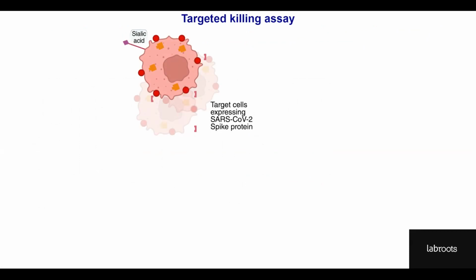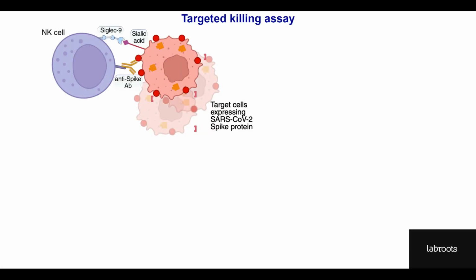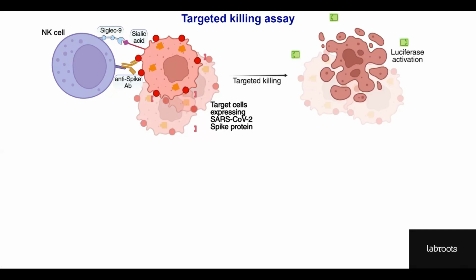But the next question is whether degranulation is actually equal to lysing the cells. So we use this target killing assay where we have target cells expressing SARS-CoV-2 spike protein. These cells have one part of luciferase, and the media have the other part of the luciferase. We co-culture this with NK cells in the presence of anti-SARS-CoV-2 spike antibodies. The idea is when the cells are being lysed, the part of the luciferase inside the cells will go outside the cells and bind with the other part,